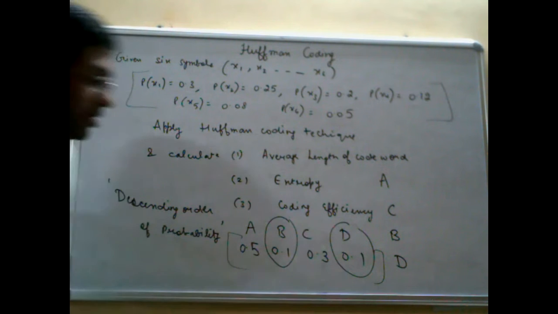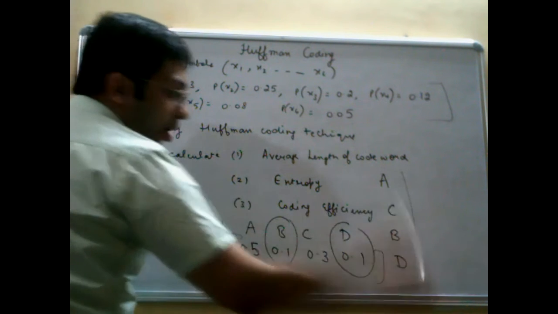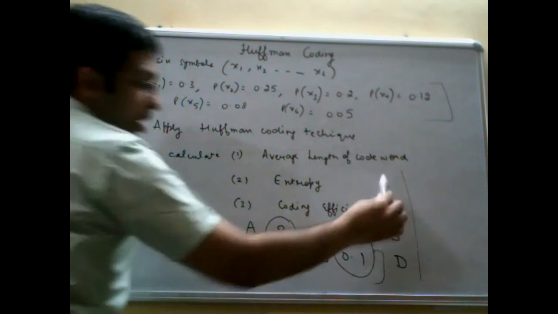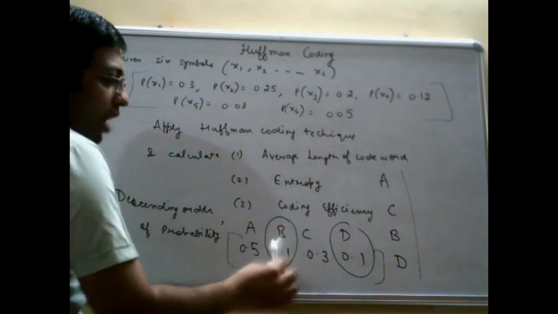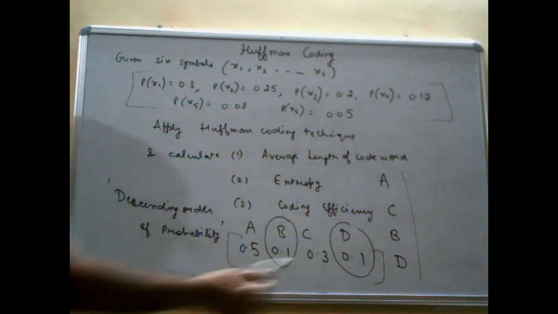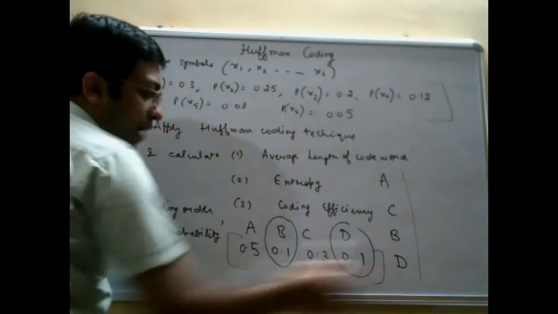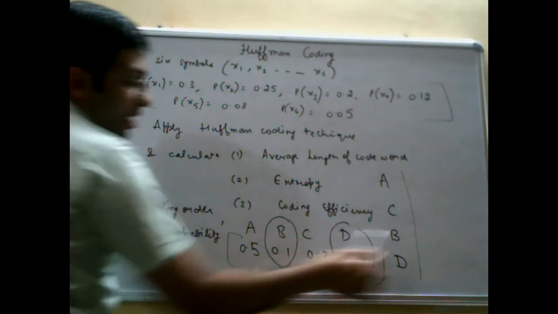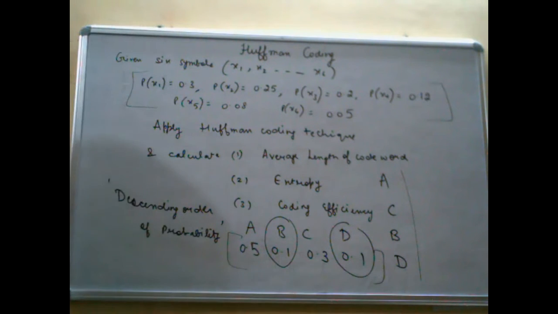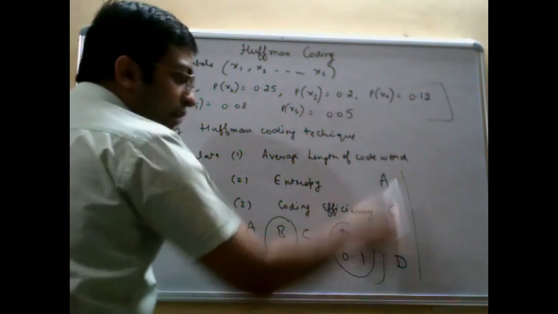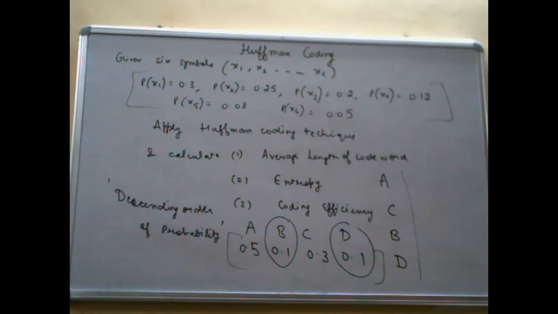These are their probabilities. I will write them in the descending order. First will be A, then will come C, then out of B and D, which one I will decide, because they have the same probability. The one I have written first in the serial order, that is B, and then D. Why am I saying this? This is very important because once the code word is assigned, it will vary depending upon the symbols.